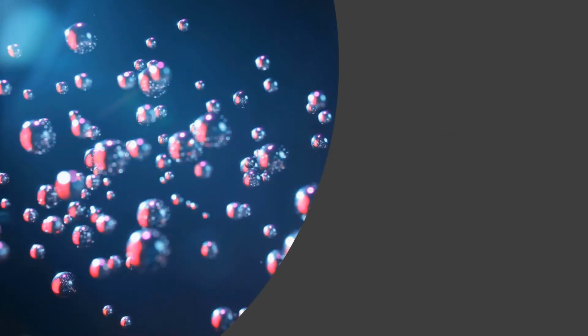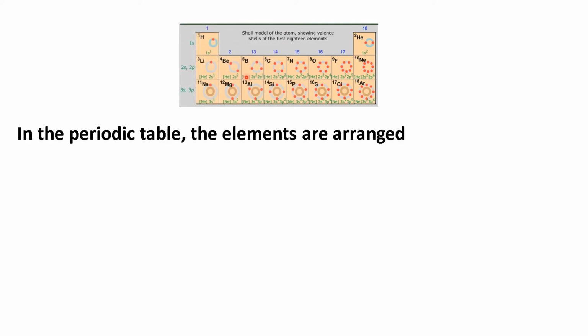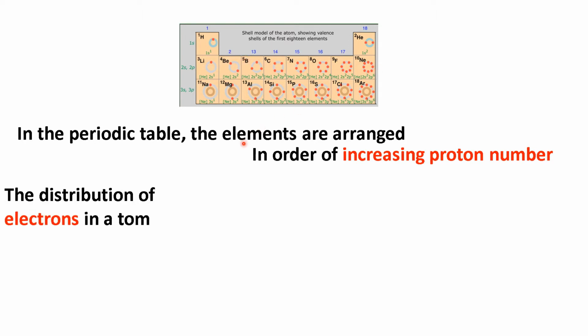In this video, we are going to look at how electrons are arranged. In the periodic table, the elements are arranged in order of increasing proton number. That means hydrogen atom equals 1, helium 2, lithium 3, beryllium 4, boron 5, and so on. The distribution of electrons in an atom